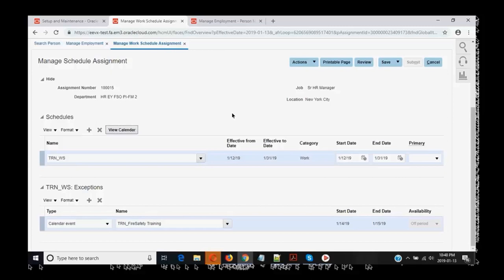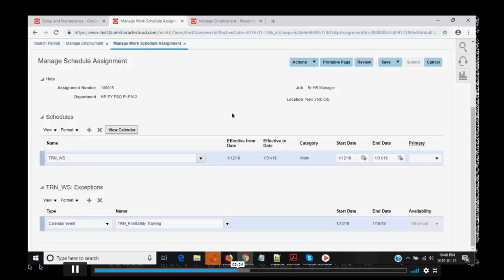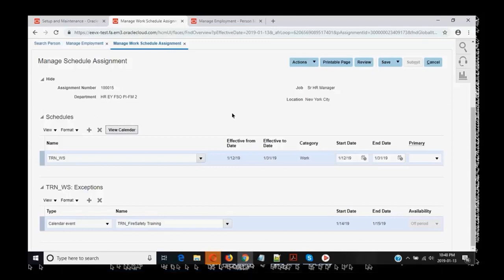So depending upon the work schedule which the employee has, depending upon the calendar event, and depending upon the absences which the employee will take, so maybe the employee goes for a PTO for the entire month of January. So depending upon all these three combinations, the person availability will be decided